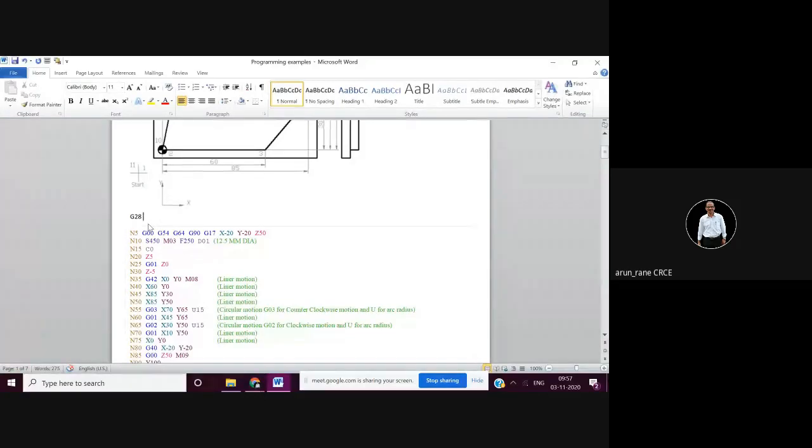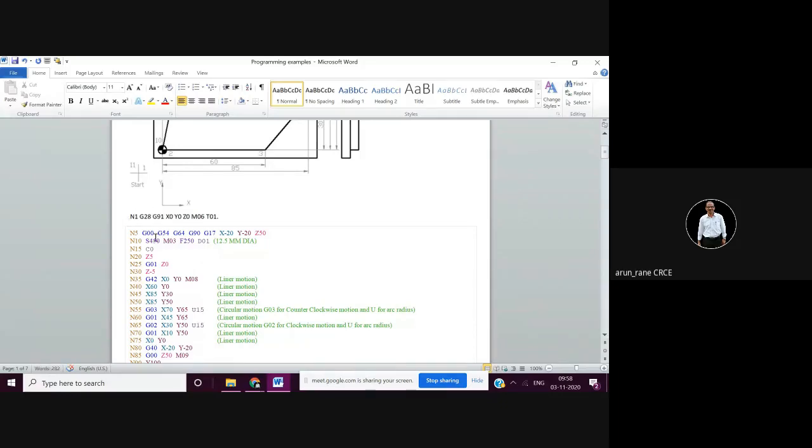I will tell you the meaning of this. Then X0, Y0 and Z0, then M06 and T01, and end of block. That is important. And you can give the block number as, say, N1.